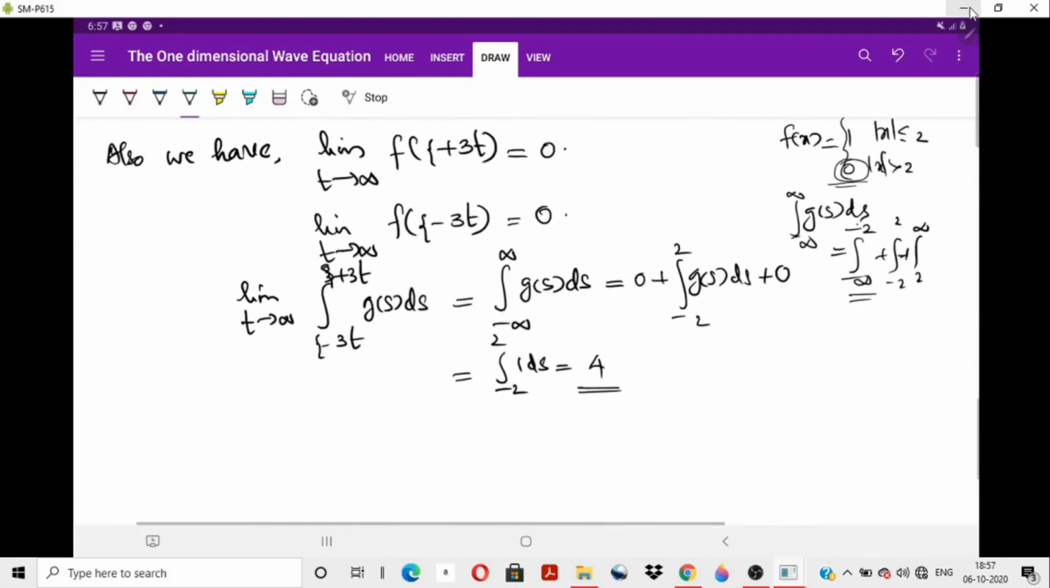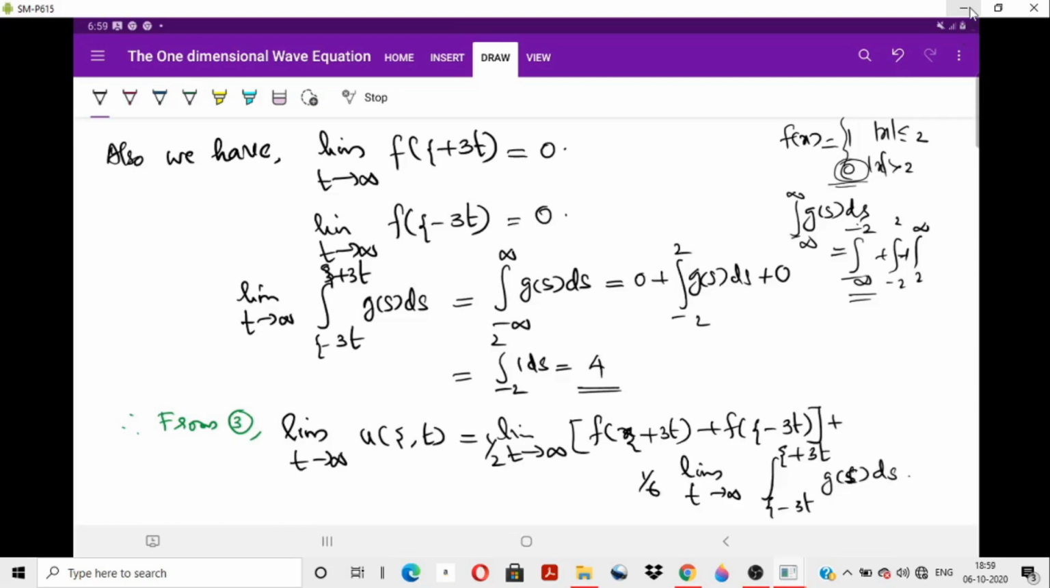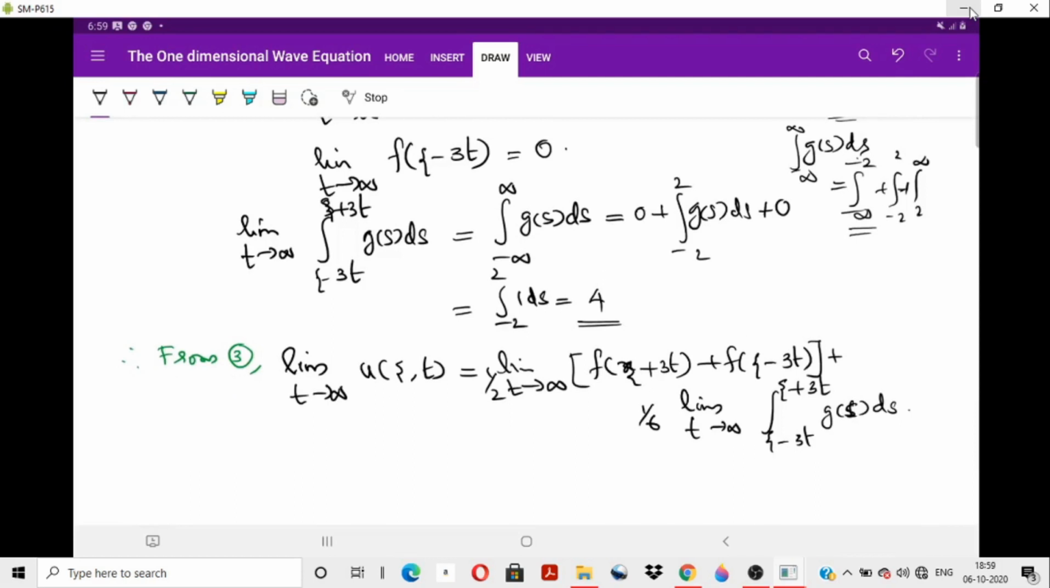Okay, so therefore from equation number 3, limit t tends to infinity u of theta t is limit t tends to infinity 1 by 2 into limit t tends to infinity f of theta plus 3t plus f of theta minus 3t, plus, oh sorry, 1 by 6 into limit t tends to infinity integral theta minus 3t to theta plus 3t g of s